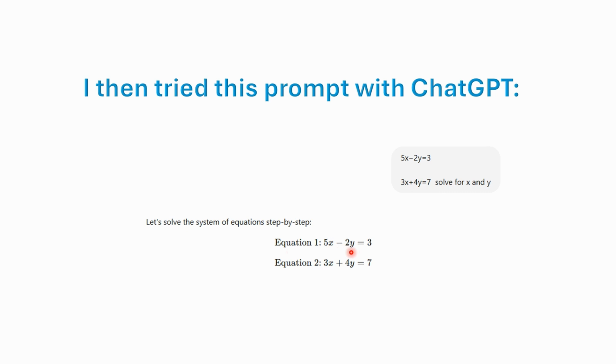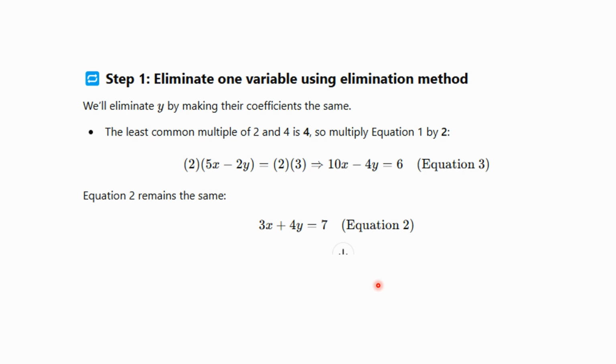And so it says equation 1, 5x minus 2y is 3, equation 2, 3x plus 4y is 7. And this actually starts out really well. They go through and do it differently because this is actually a very good solution. We'll eliminate y by making their coefficients the same. The least common multiple of 2 and 4 is 4, which is correct. So multiply equation 1 by 2. I didn't actually do it that way. I did it a little bit differently. I ended up with plus 8y and minus 8y, but they did it even better because the least common multiple is 4. So 2 times 5x minus 2y,